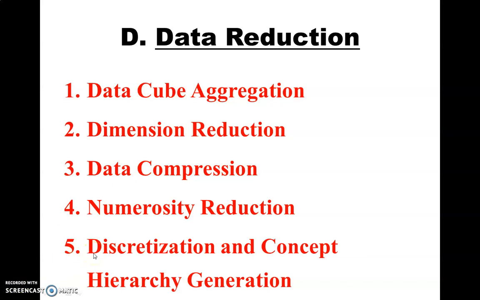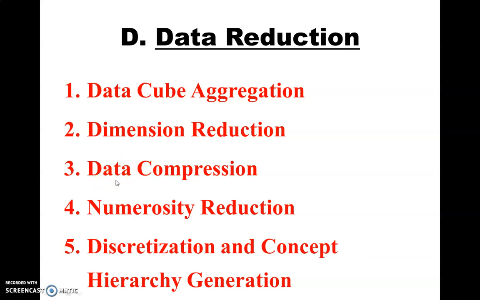Okay, so what happens here is the original data is compressed into compressed data, and when you get back, that is, you uncompress it. When you uncompress it, you will get the original data back. So that is what data compression is. Now we have different techniques under data compression. The first technique is principal component analysis and the second technique is wavelet transform. So these two techniques are data compression techniques.